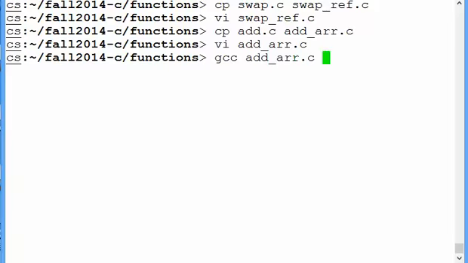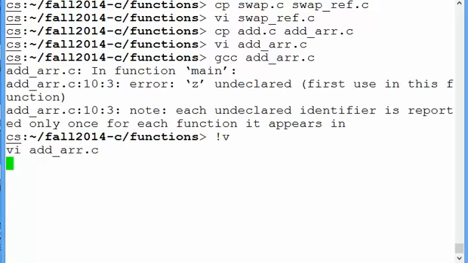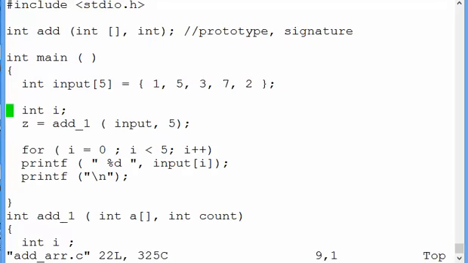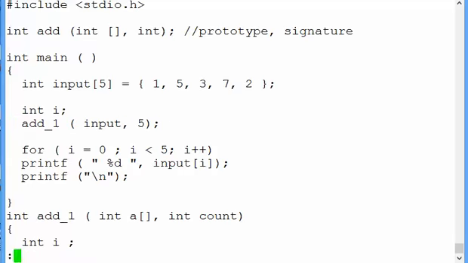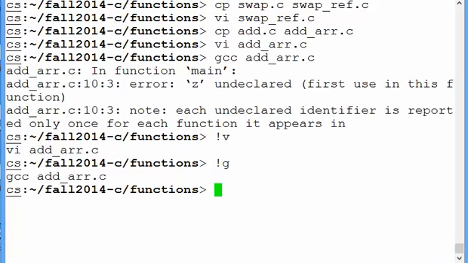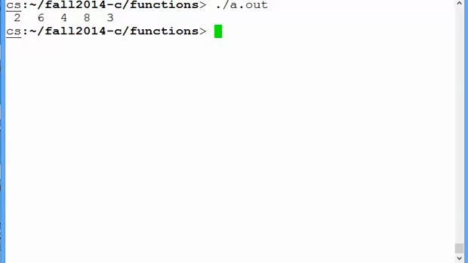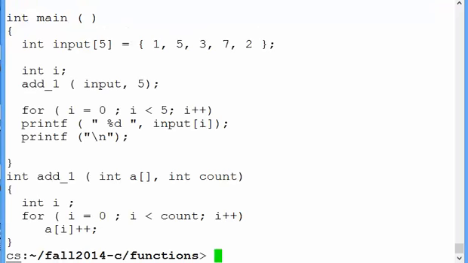I hope there is no compilation error. Oops, there is a compilation error. Where is Z here? We don't want Z here. So we have no compilation errors. See that? Okay, if you go back to the output,